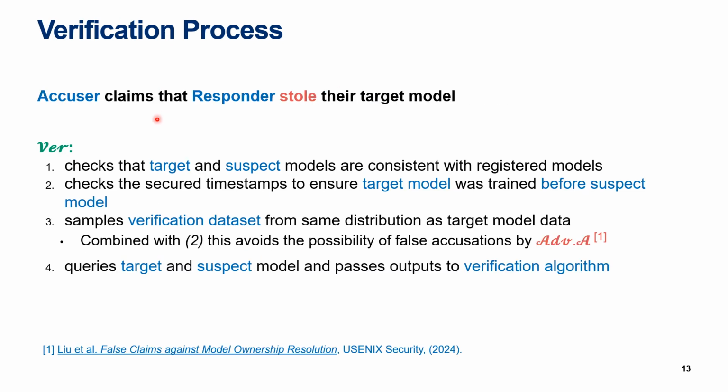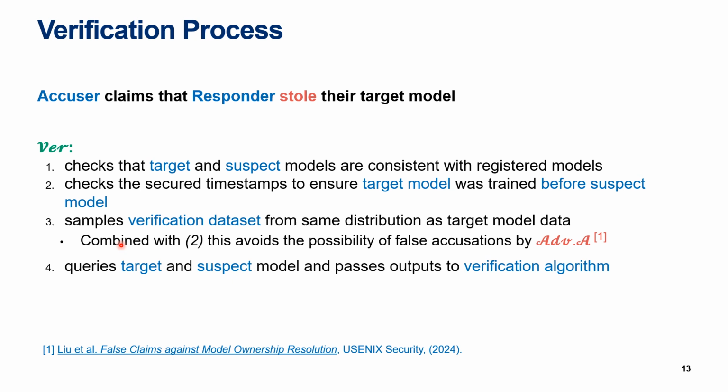The first step in the verification process is that the accuser claims that the responder stole their model, in which case the verifier first checks that the target model, which is the accuser's model, and the suspect model, which is the responder's model, are consistent with the registered models. It then checks the secure timestamps to ensure that the target model was indeed trained before the suspect model, and then samples a verification dataset from the same distribution as the target model data. Because the verifier is sampling the verification dataset themselves and by checking the timestamps, this avoids the possibilities of false